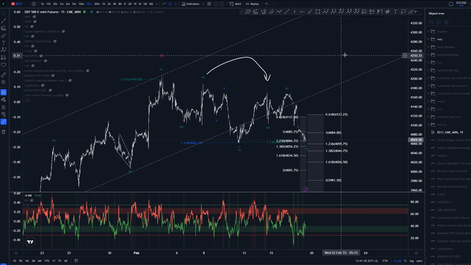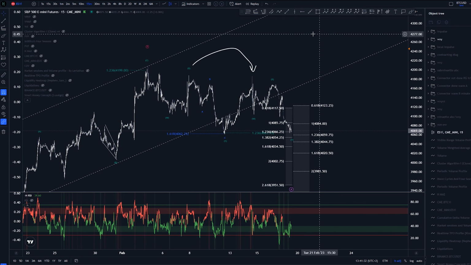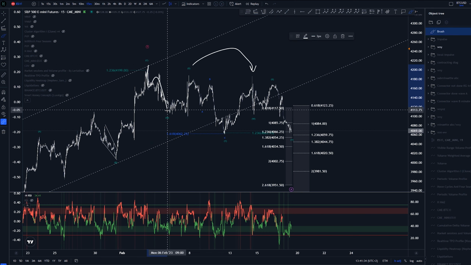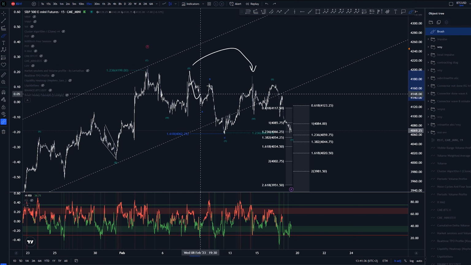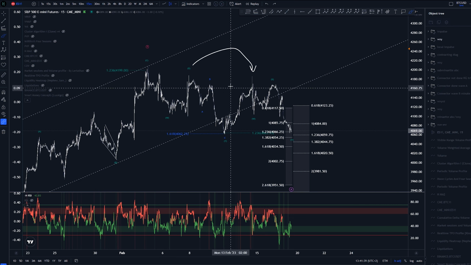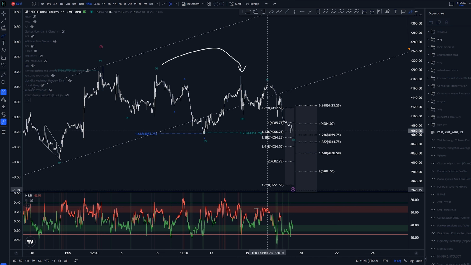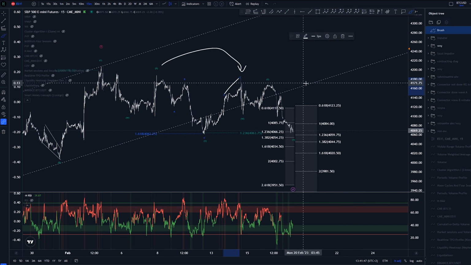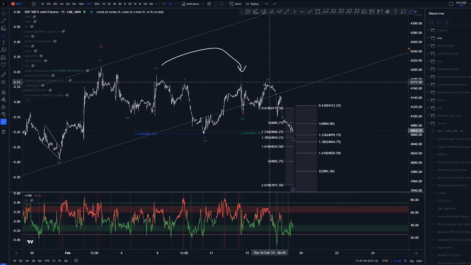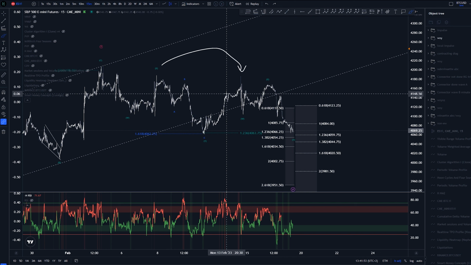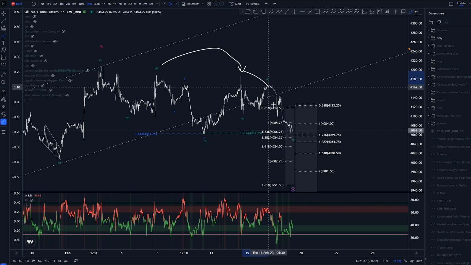So I've got a couple of different ideas here overall. One of them is again that we have this as 3, 3, and then 3 into the lows of wave 1 here. The structure here, however, does have some kind of form of potential 5 waves. We do have that divergence here at the top, giving us more information and more confidence that this is indeed a 5-way structure, losing the momentum up there at the top,